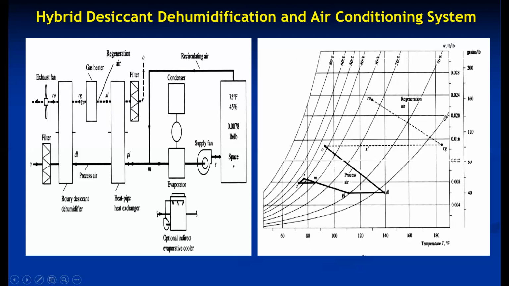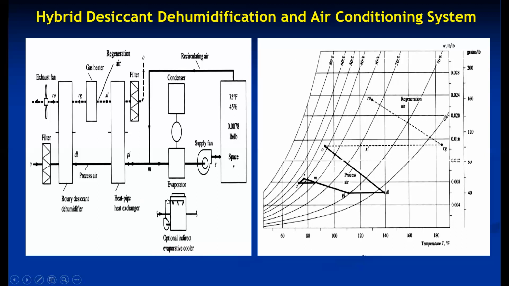At RG, it is then made to flow through the desiccant wheel, where that is actually a regeneration process, because the moisture already absorbed here, the desiccant will dissipate to this reactivated air. So RG to RO is removal of moisture from the desiccant wheel. So this completes the cycle. So this is a hybrid desiccant air conditioning system, where there is a combination of a desiccant wheel, the heat pipe heat exchanger, and evaporator, or an alternate device, that is an indirect evaporative cooler. Instead of the evaporator, we can also use this optional device.